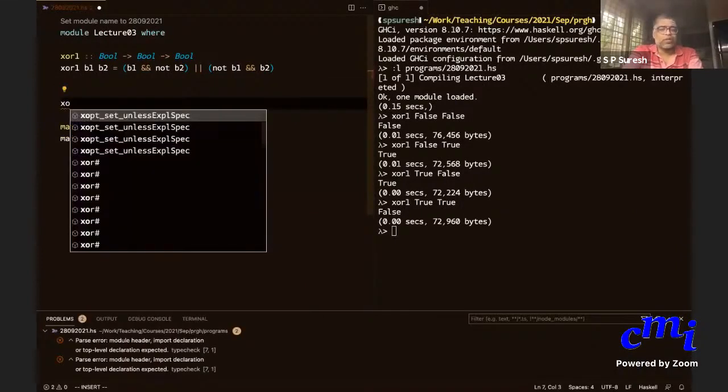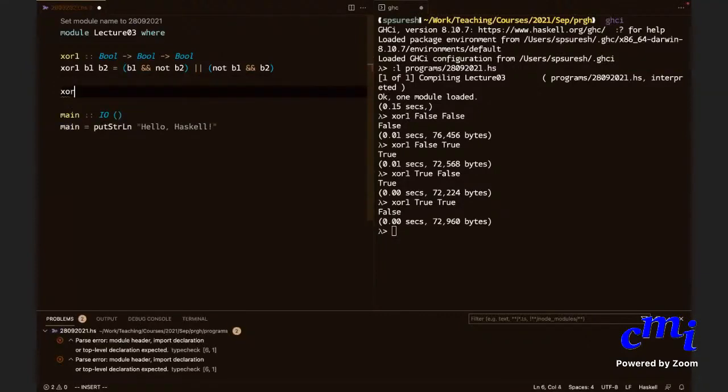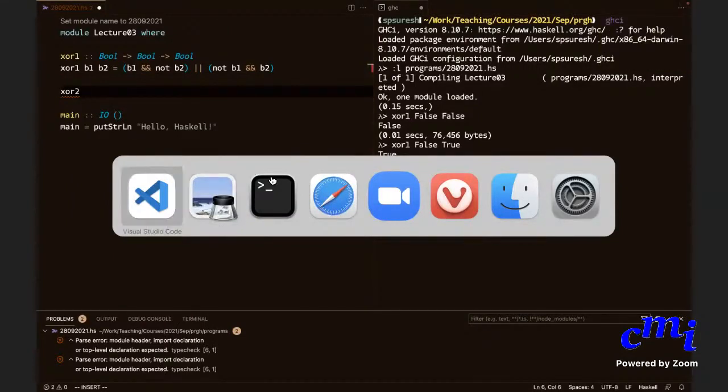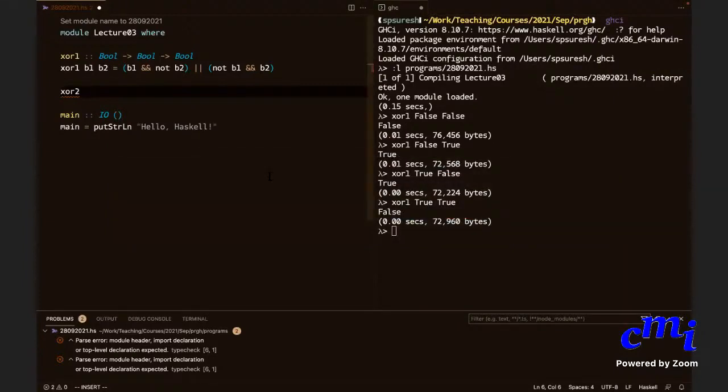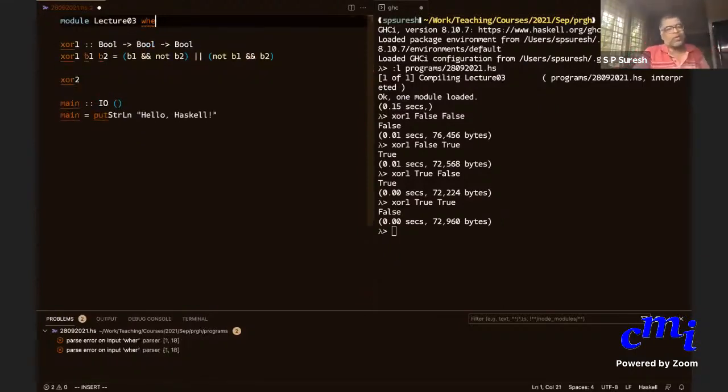Here is another version. Sir, to get rid of the module suggestion, I think if you rename the file to lecture 3, it might work. I know, but even then, that is true. And I don't even need to have a module actually. I don't even need to call this module.